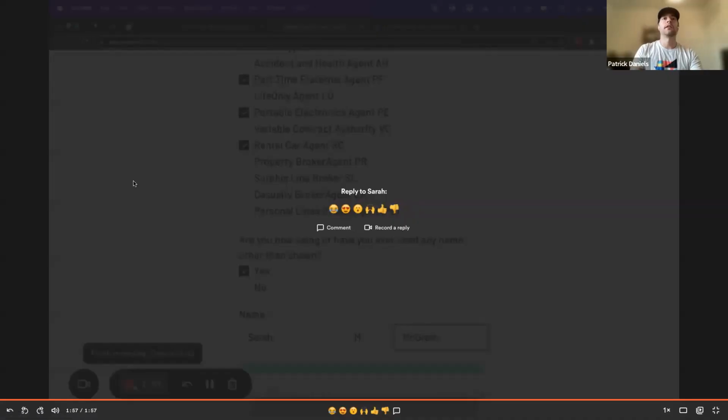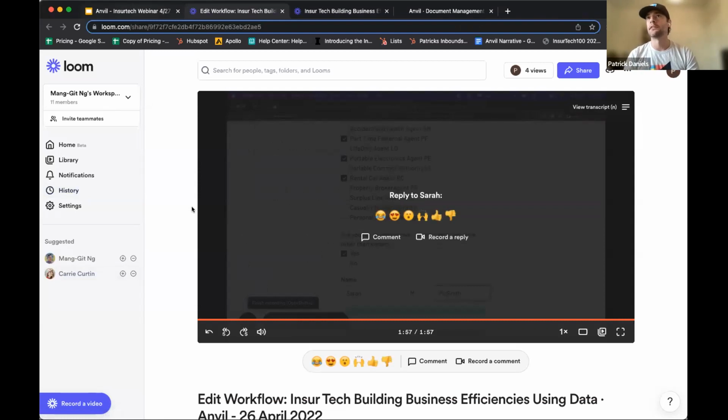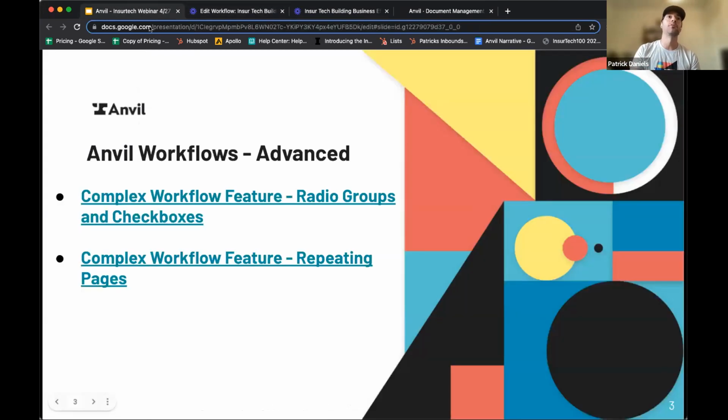Awesome. And that conditional logic can even extend into multiple PDFs that you can build into one workflow. And so, for example, if somebody clicks yes, it may take them down a different journey for a specific state. If they click no, then it takes them down another path with the correct forms that they need to fill out. So it's very powerful in that sense that you can stack multiple PDFs into one workflow,